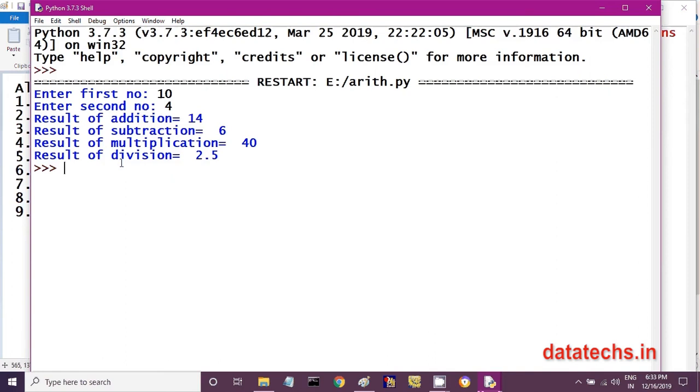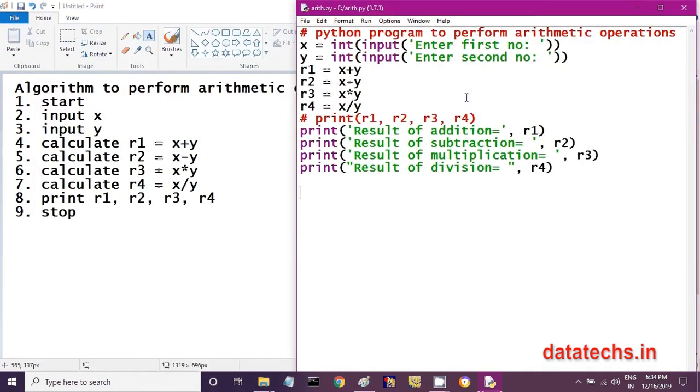Another improvement I can do for this program is, here we are able to enter only integer numbers. Integer numbers means what? The numbers without a fraction part or without a decimal point. For example, 10 is an integer number. 4 is an integer number. Suppose I want to enter floating point numbers. What is the way? Floating point numbers means 10.5, 4.67. That means decimal point will be there. That number is called floating point number. If I enter floating point number, how this program will receive that?